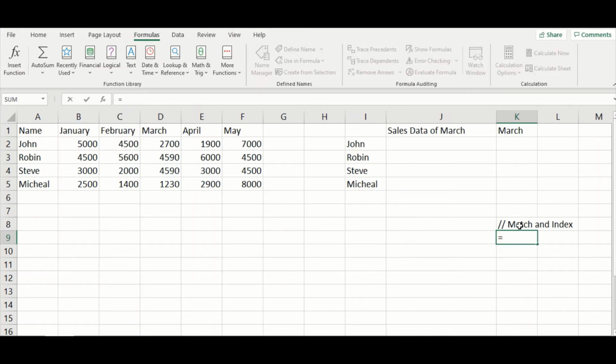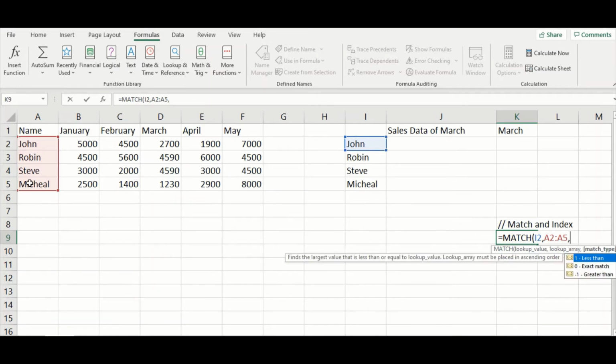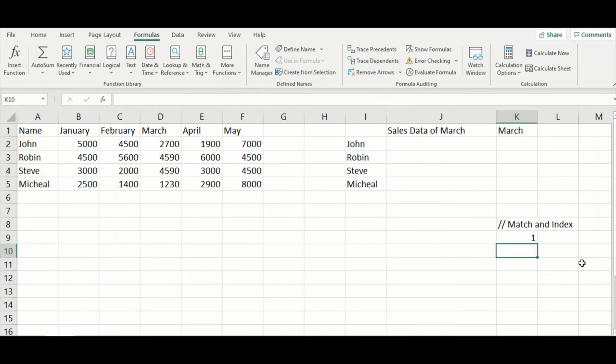The syntax of match: the first argument is lookup value, so what you want to look for. Let's say we want to look for John, and the lookup array is this name column. Match type is 0 for exact match. So let's use 0. This will give you the index of John.